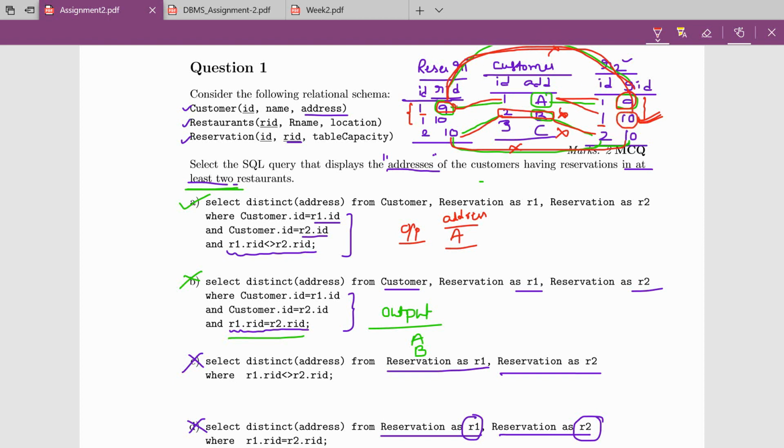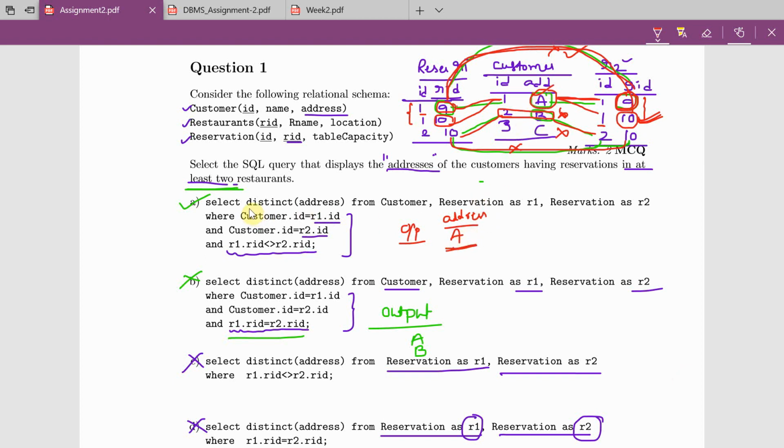This condition is going to be true, so this customer A is in the output. Similarly it is verified with this tuple also. When comparing 1 equal to 1, 10 not equal to 9, the condition is true, so again A is in the output. So A is there 2 times.